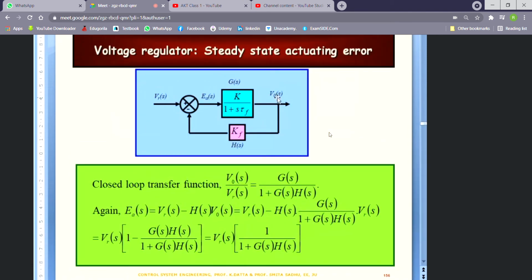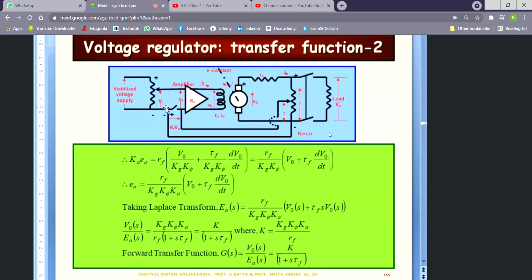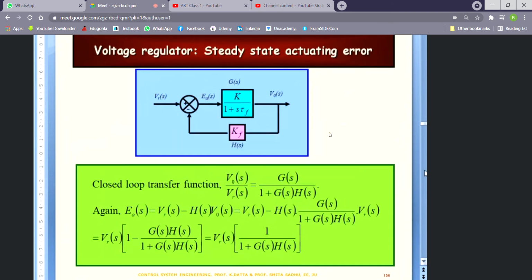Yes, so this is the block diagram. You recollect that VR was the EMF that was being applied, and we had a summing arrangement over here. Again, this sign has been shifted; I've told you that the negative and positive signs are going to be shifted a bit to the right. So you have EA equal to VR minus this feedback, whatever is coming over there. That has been indicated by a summer, an error detector sort of arrangement, with a positive sign over here and a negative sign over here.